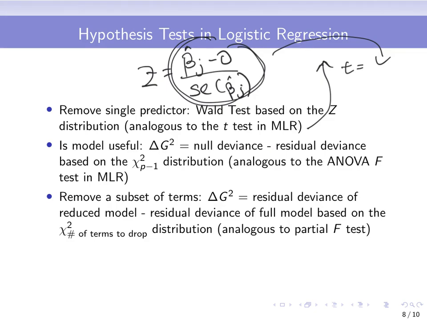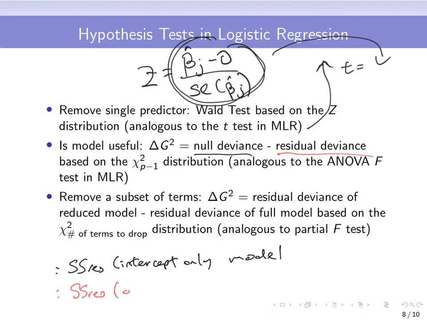The way to think about these: the null deviance is analogous, it's not exactly, but it's analogous to the SS residual of the intercept-only model, while the residual deviance is analogous to the SS residual of our model. Obviously the details are a little bit different, but basically we're seeing if there's an improvement in the model fit by adding all your predictors versus the